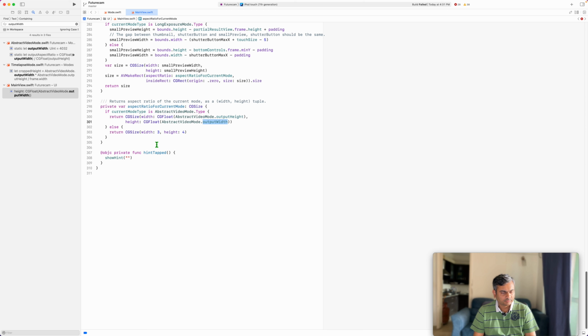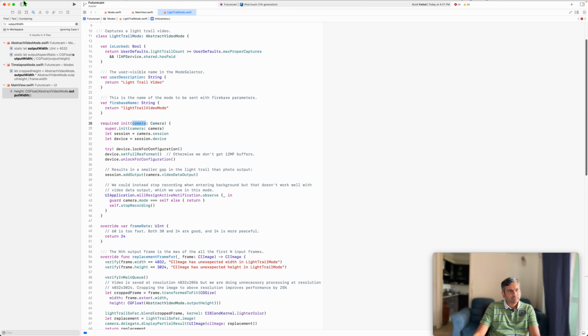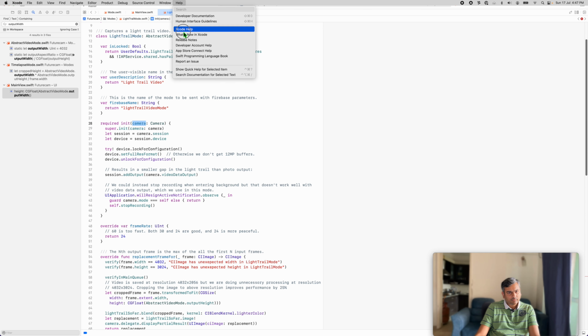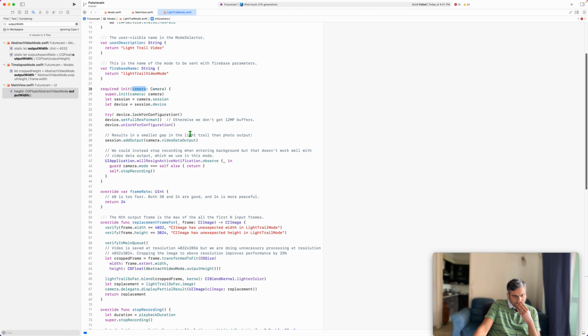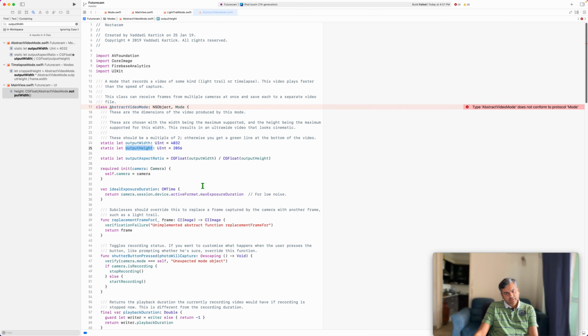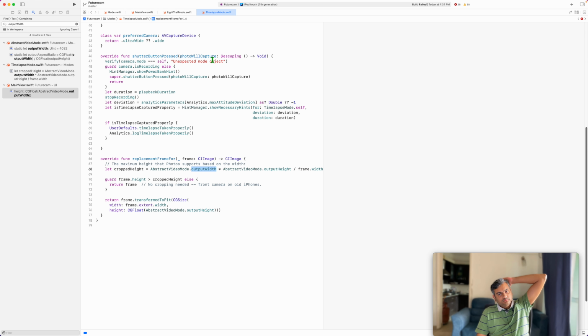So this is also not true. Do all abstract video modes have the same width and height? No. So if you look at light trail mode, it captures 4032 by something else. You can see here, right? By 2056. How does time-lapse mode work? Oh, okay, got it. Okay, fine. So now in abstract video mode,